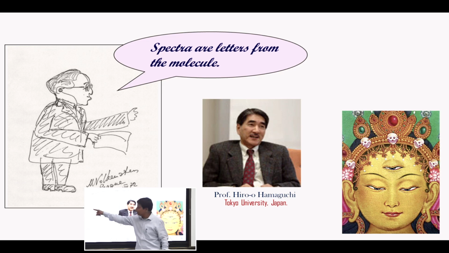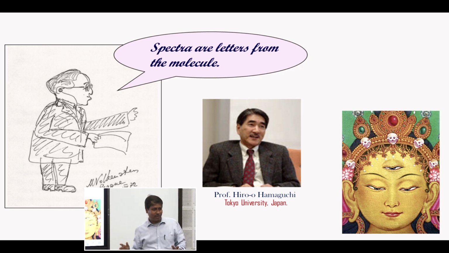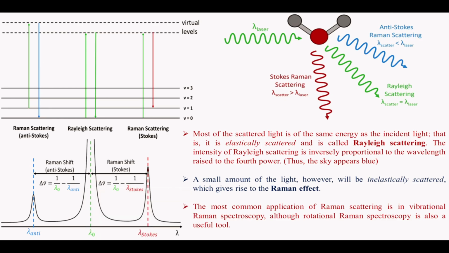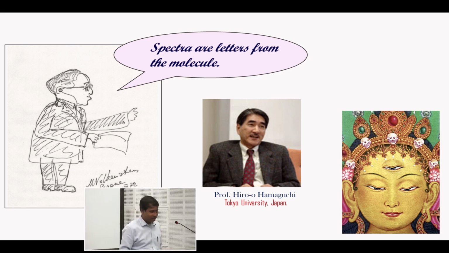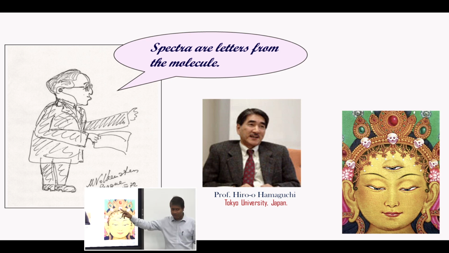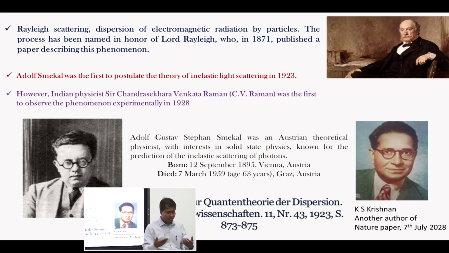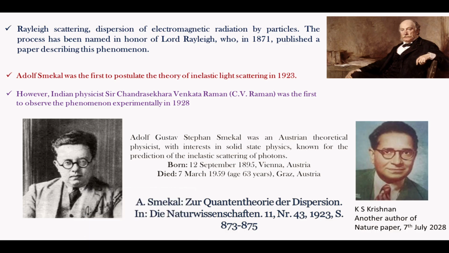His supervisor is this one, and he used to say spectra are letters from the molecule. What does it mean? It means that when you get a spectrum, and if you can read it, you will know something about the molecule. That is a very big thing. His professor says that Raman spectroscopy is a third eye for him. So if you can analyze the Raman spectrum, then you really have a third eye, because you know more than what other people know. So Rayleigh discovered it in 1871, and then Adolf Smekal, an Austrian